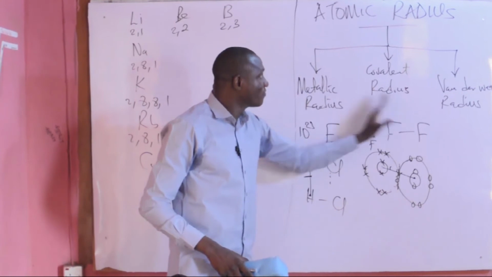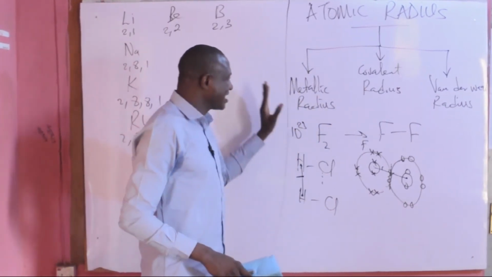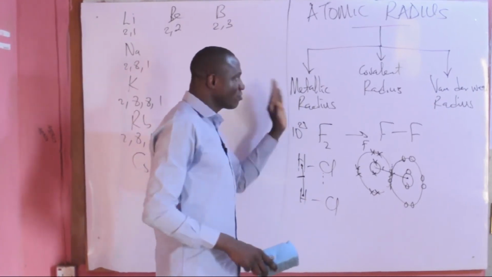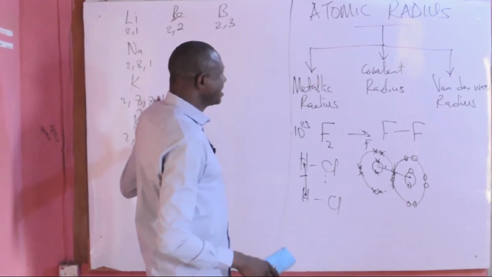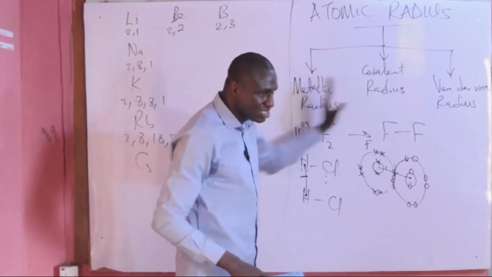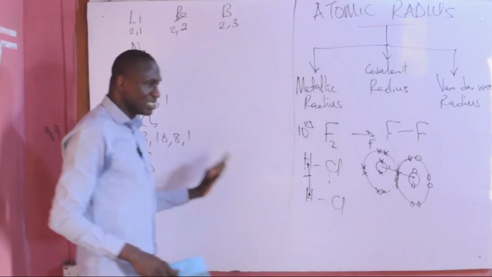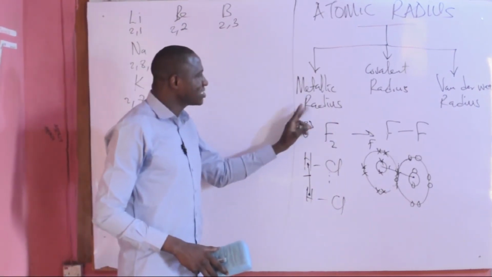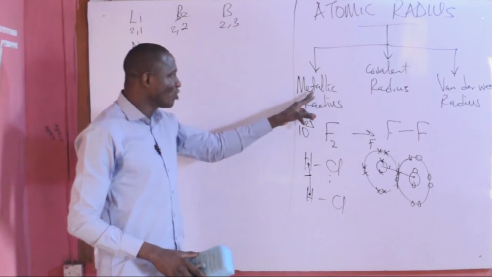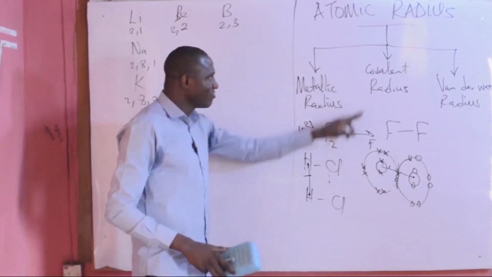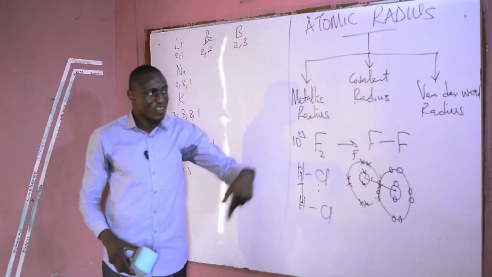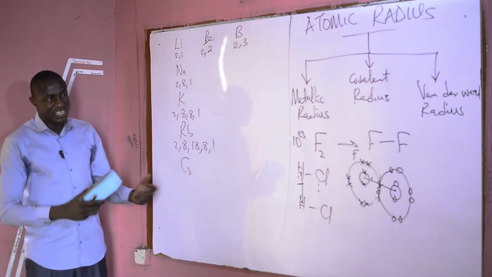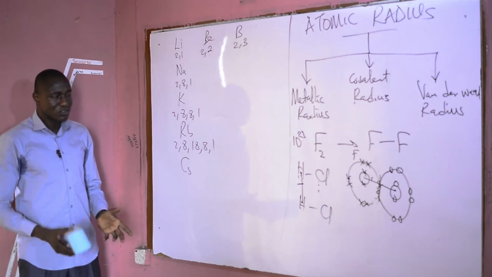So as I've said earlier on, you should take note of the fact that these 3 types of atomic radius exist, and there are differences between them. Irrespective of the type, whether metallic, covalent, or van der Waals, all of them decrease across the period and increase down the group. And another thing you should take note of is that the atomic radius that is peculiar to metallic elements is what's referred to as metallic radius, while the one peculiar to non-metals is called covalent radius, while van der Waals is found in molecules that are joined together by intermolecular force of attraction.